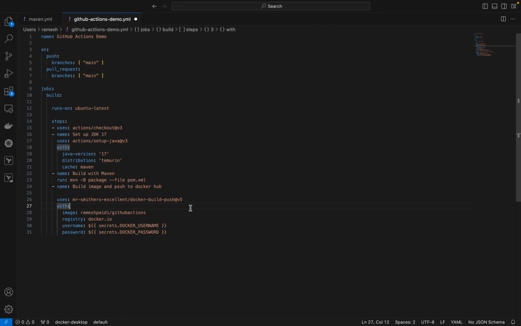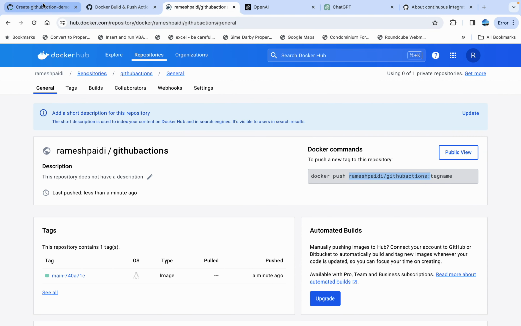Okay, and save it. So these secrets will be there, right? The username and Docker password will come from what we need to set in the GitHub